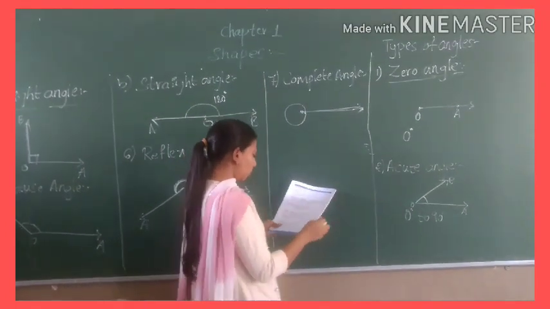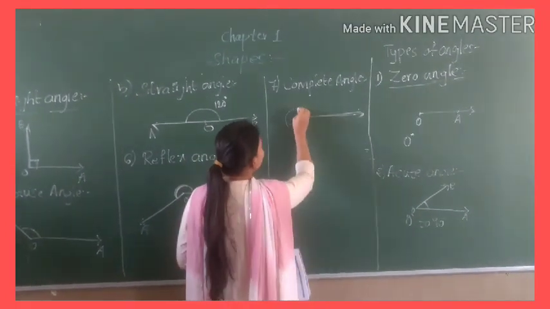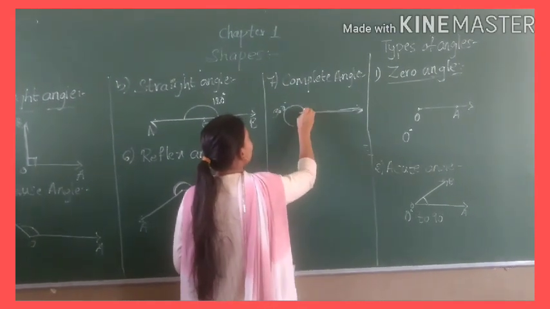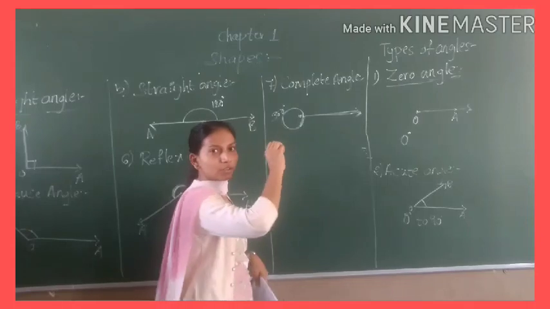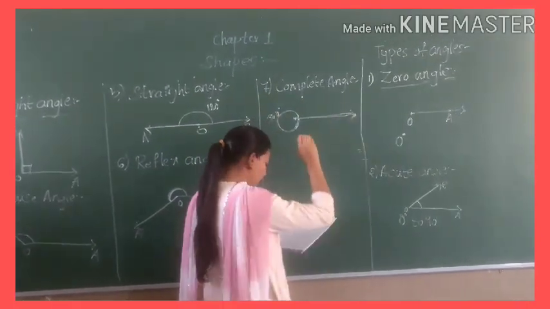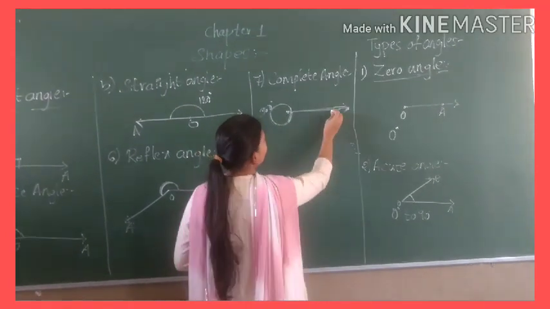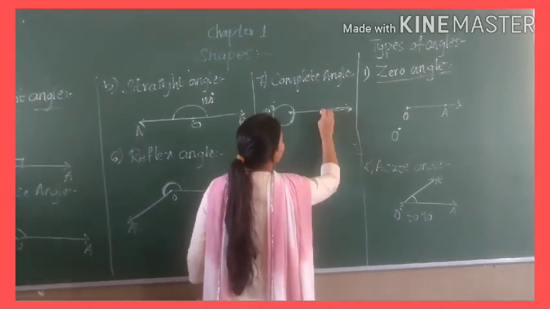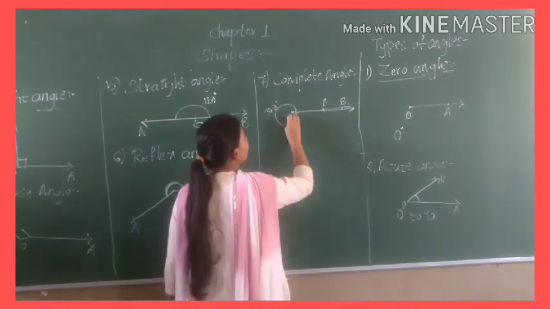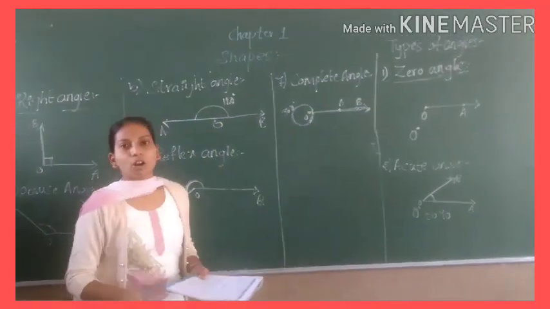So the angle formed here is 360 degree. It is completely 360 degree. One circle is going to form. So the angle formed here we call a complete angle. This is the final ray and this is the initial ray. So these are all the types of